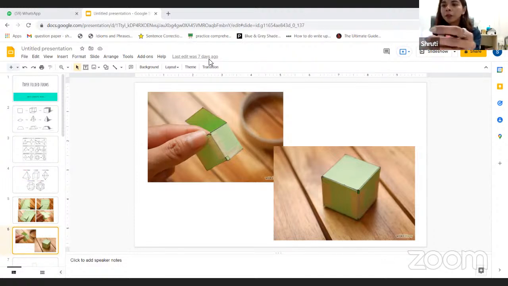So now it should be folding more like lines, right? This is happening? Yeah. Okay, Kanak. Yeah. So